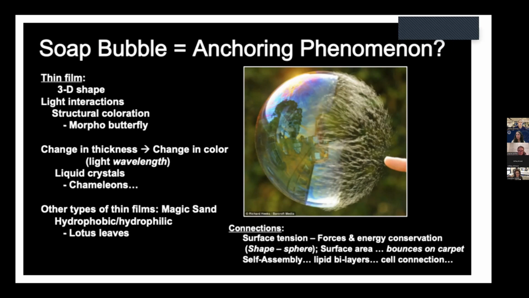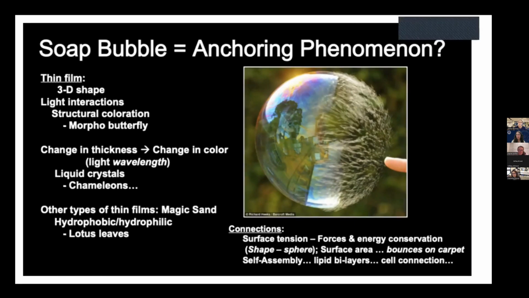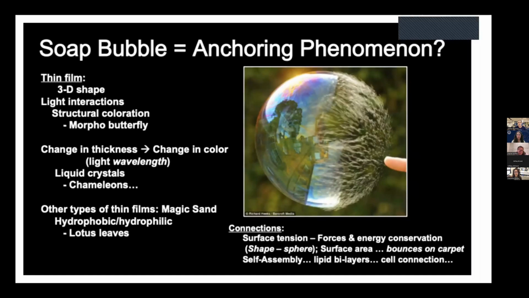So soap bubbles are a thin film, they're three-dimensional. We can look at the light wave interactions and from there connect to structural coloration and things like a morpho butterfly. And we can look at the change in thickness correlating with a change in color. And that can tie in again with liquid crystals and things like chameleons. There are other types of thin films, magic sand, things that are hydrophobic or hydrophilic based upon the application of that thin film. There are other connections with soap bubbles that I didn't get into, things like surface tension, forces